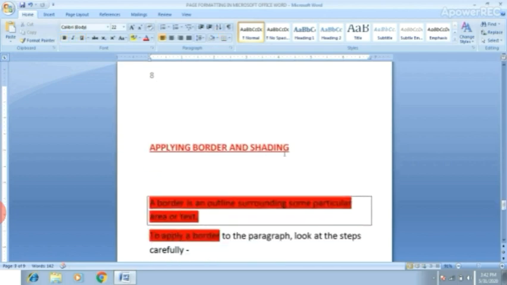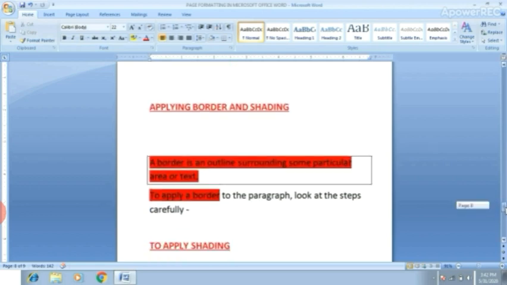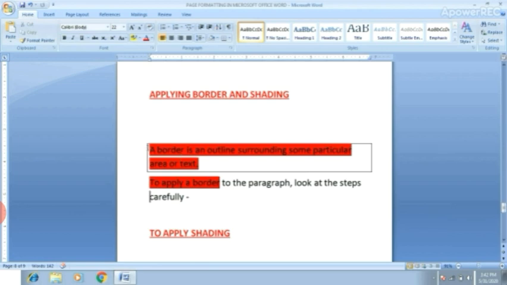Now the next topic is applying border and shading. So what is border? A border is an outline surrounding some particular area or text. To apply a border to the paragraph, look at the steps carefully. Now click on Home tab.